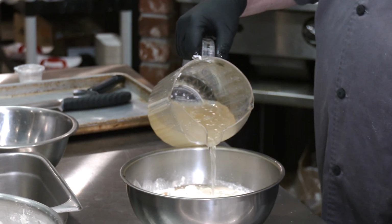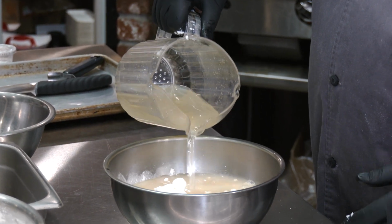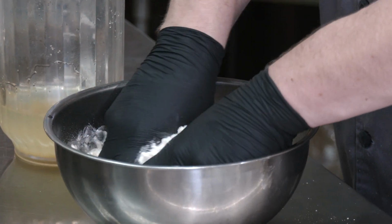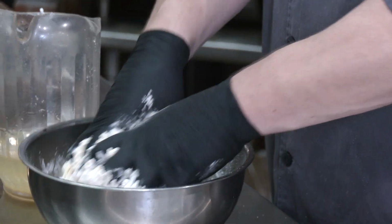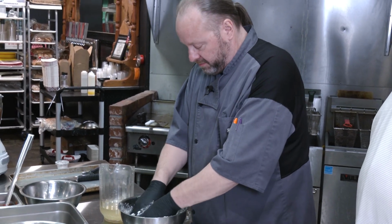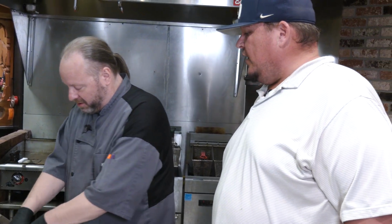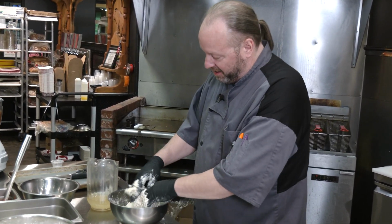Then you incorporate the yeast water into the bowl with the flour, sugar, and salt. Sometimes it'll be too much, and you just have to work it in with your hands. If you have a mixer, you can use it, but we don't. You're going to need more water, and you play it by how sticky your dough is. You keep adding and mixing it around, and eventually,